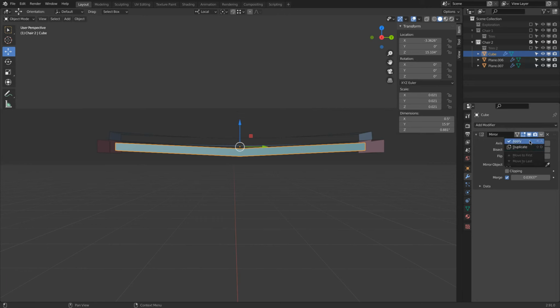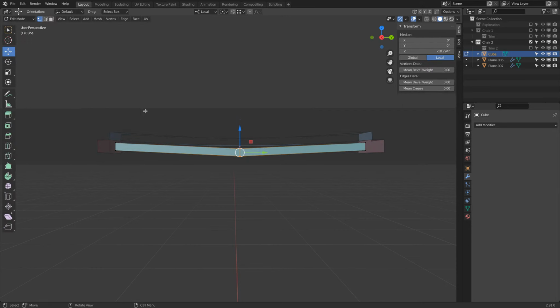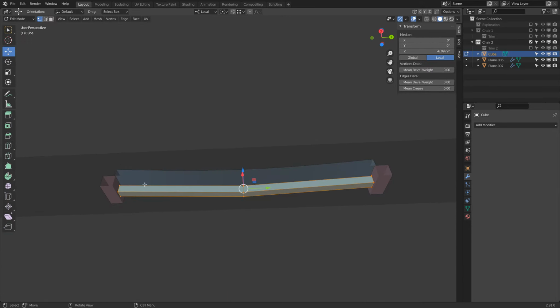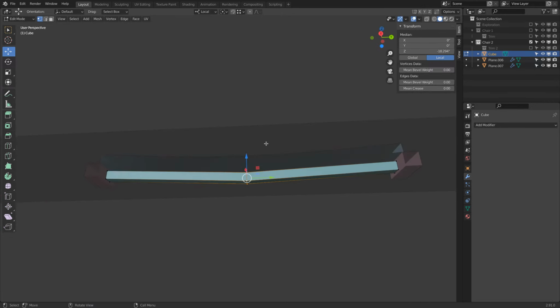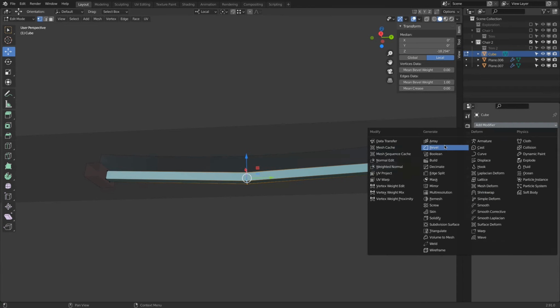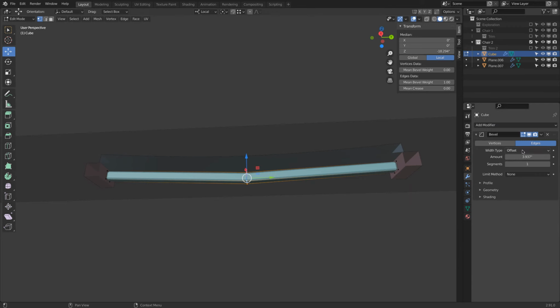When I click apply and then go into edit mode, press A, you see I have a whole object again. I zoom to the center, AA, deselect everything, hold the Alt or Option key, and the left mouse button click on this edge. That selects then the loop. And we simply give this a mean bevel weight. Then we go to bevel, just the weight,